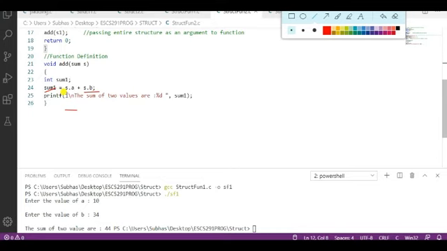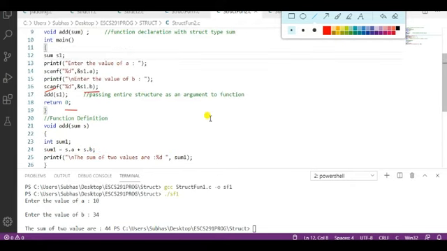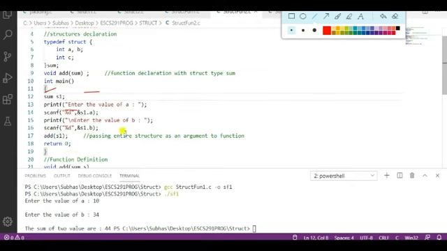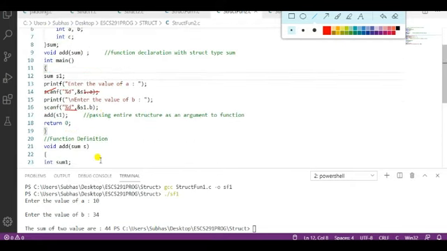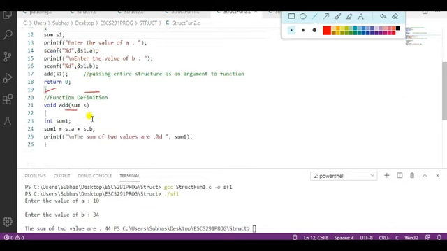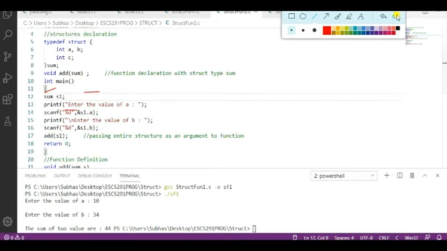Since the return type of this function is void, the value will be printed here. So the only difference is that if I want to pass the entire structure as an argument, we just pass the name of the structure variable, and from it we can access the individual elements using the dot operator. Let me execute this code so you can understand.